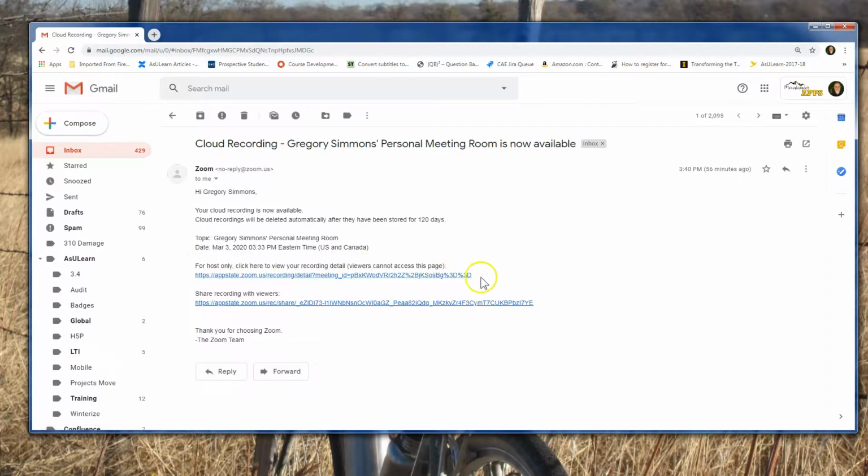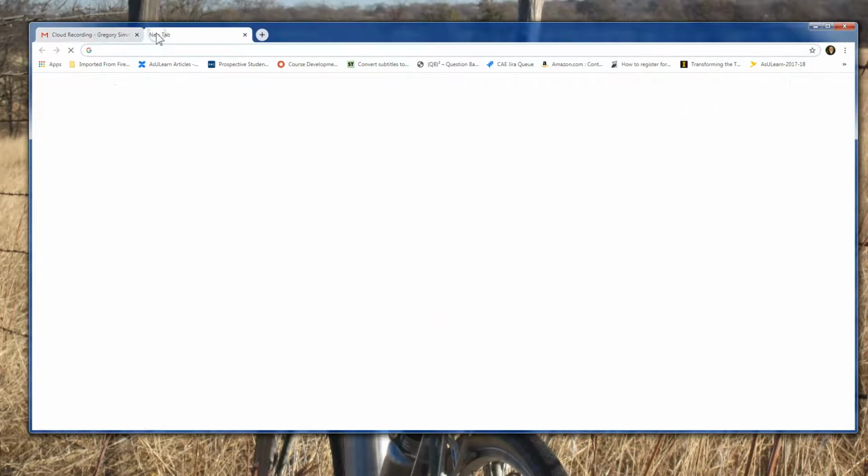It has 2 links. Don't send the first one. The first one is just for the host so you can see the recording details. But then there's a share recording with viewers link. I usually just right click on it and copy the link address. If you like to select it all and then do Control C or Command C on a Mac, however you like to copy links. And then we can go to our As You Learn course